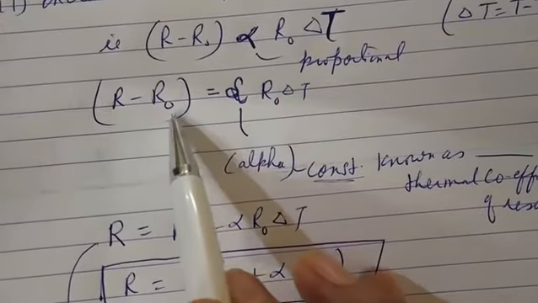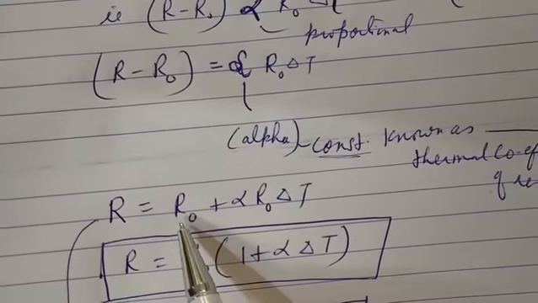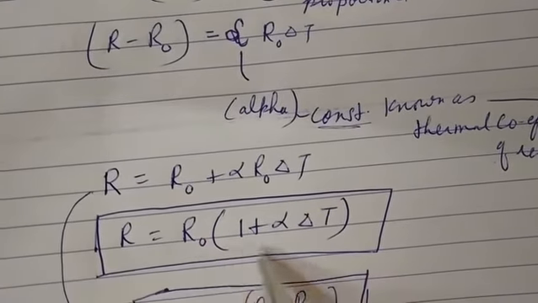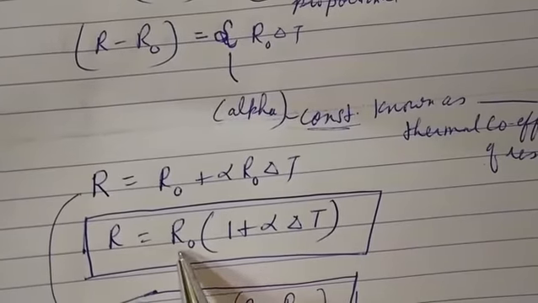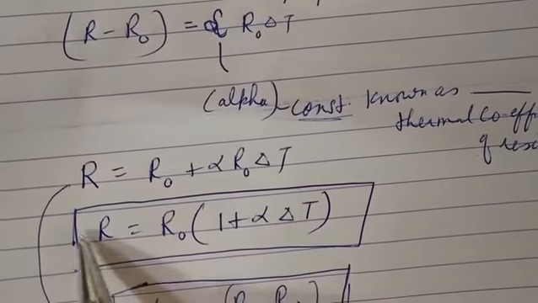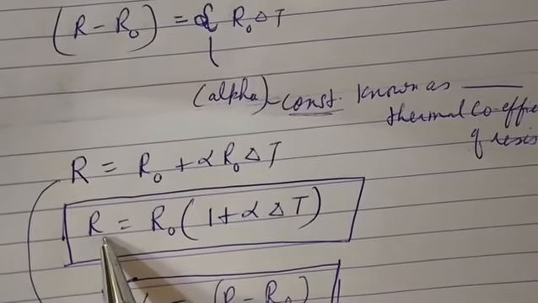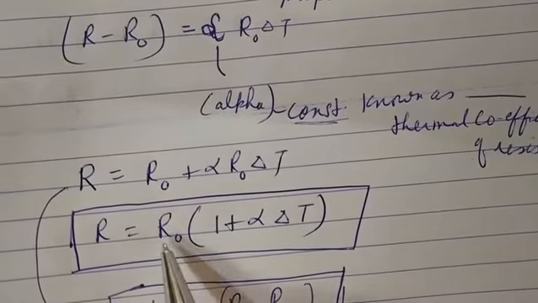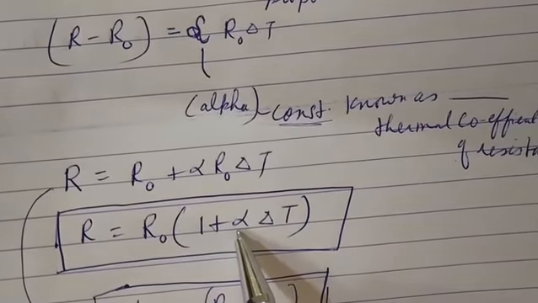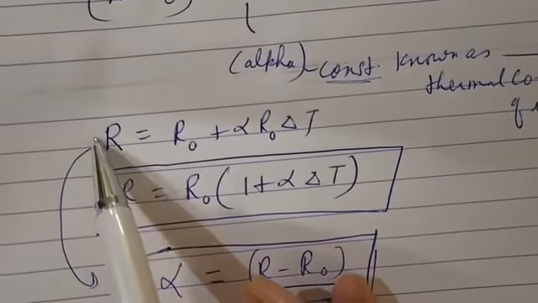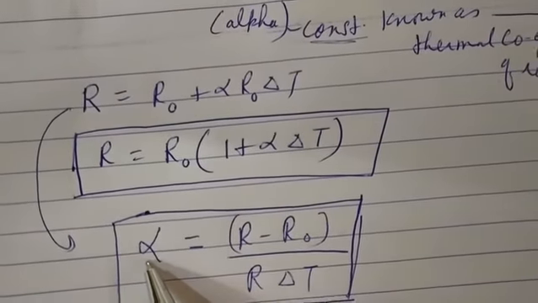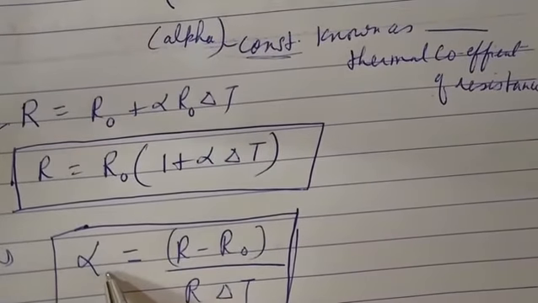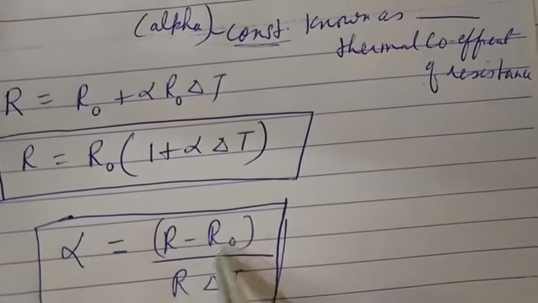So just take this R0 on the right hand side. We will get R is equal to R0 plus alpha R0 delta T. R0 taken common, we will get R is equal to R0 (1 plus alpha delta T). So remember this formula. The new resistance is equal to the original resistance times (1 plus alpha delta T), or we can write this equation also like this. Alpha, the thermal coefficient of resistance, will be equal to change in resistance upon original resistance